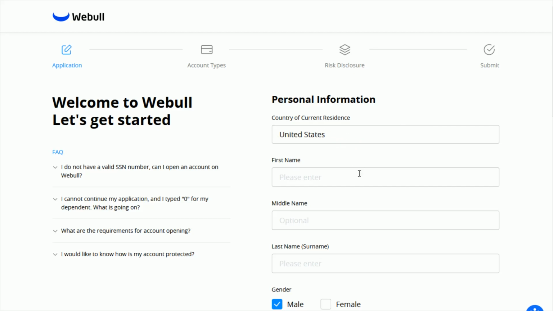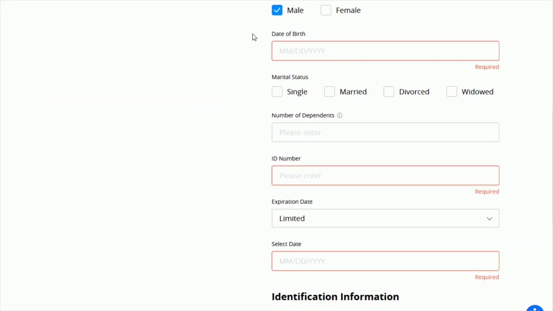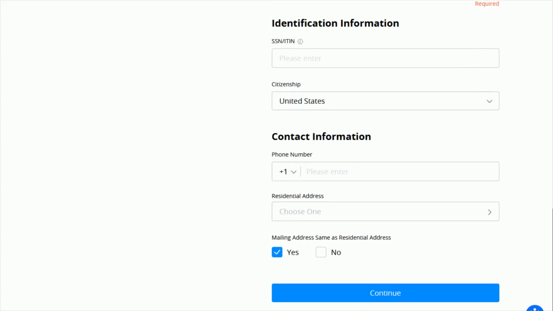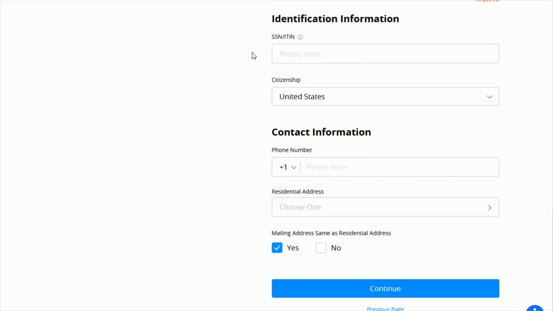Enter your country of residence, your first name, your middle name, which is optional, and then your last name, and then your gender. And then as we scroll down the page, it also wants to know our date of birth, our marital status, the number of dependents that you may have. And if you don't have any dependents, you could obviously just enter in 0. The ID number of that ID that you had uploaded, its expiration date, and then some identification information with your social security number, your citizenship, and then some contact information, entering in your phone number, your residential address, and then